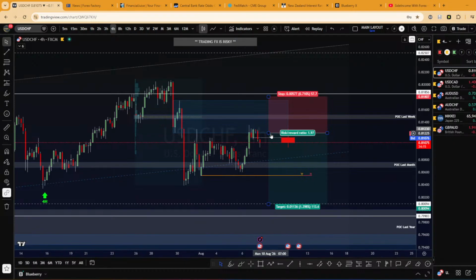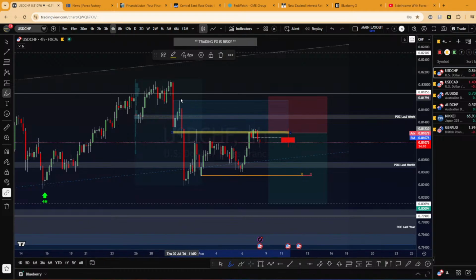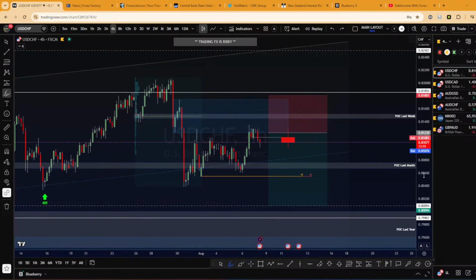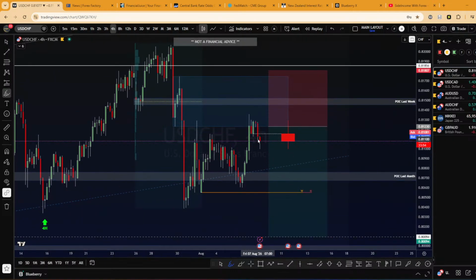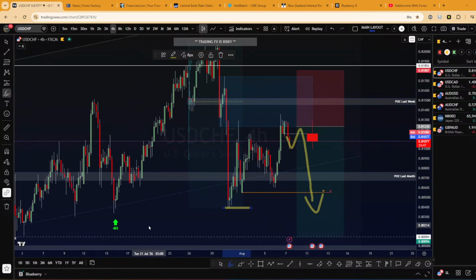a setup. So you see, we pretty much tapped this supply zone. I marked up an entry here and a stop just above this order block here. Of course, I didn't enter here, because I still want to see the NFP report. So if the NFP report comes out weak, I think I will enter here live with you, targeting this low